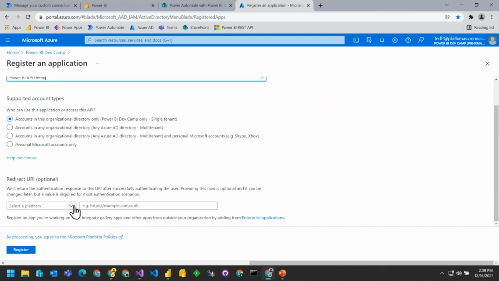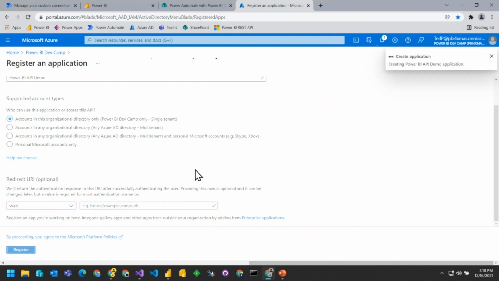Now, what platform? It turns out what we want is web. What that means is that it's going to have things like the app ID and the app secret, and it's going to go through the authorization grant flow. Now, we need to put in a redirect URI, but we don't know what it is yet. We're going to come back and see that in a second. But let's go ahead and click Register.